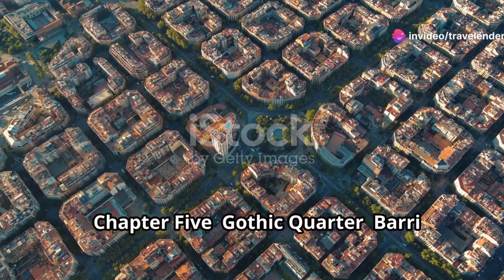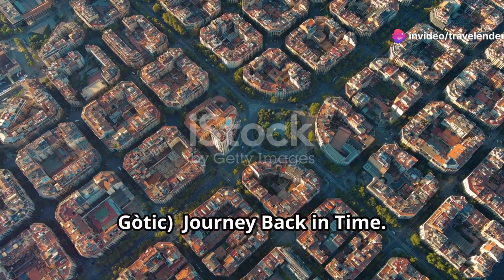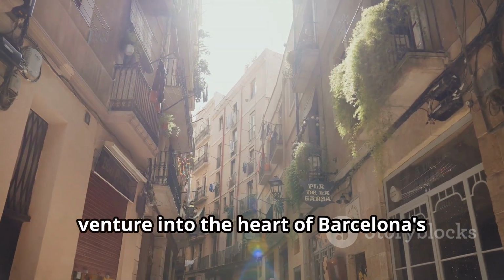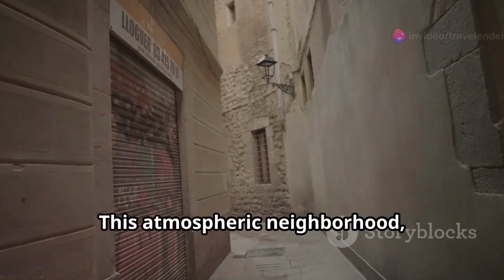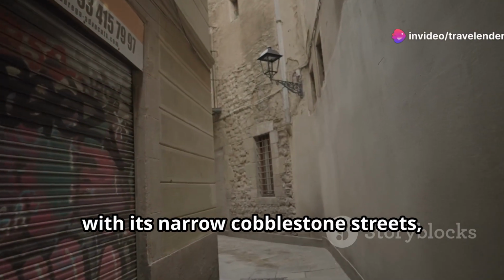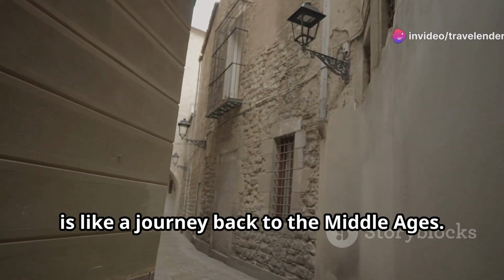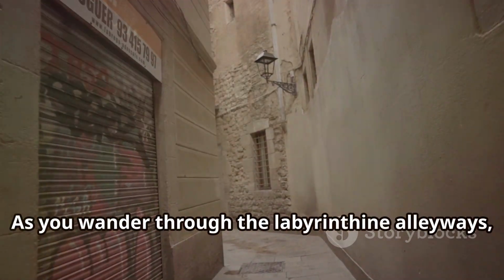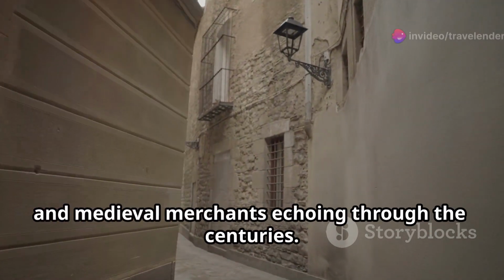Chapter 5. Gothic Quarter, Barri Gòtic, Journey Back in Time. We're stepping back in time now as we venture into the heart of Barcelona's Gothic Quarter, also known as Barri Gòtic. This atmospheric neighbourhood, with its narrow cobblestone streets, medieval architecture and hidden plazas, is like a journey back to the Middle Ages. As you wander through the labyrinthine alleyways, imagine the footsteps of Roman settlers and medieval merchants echoing